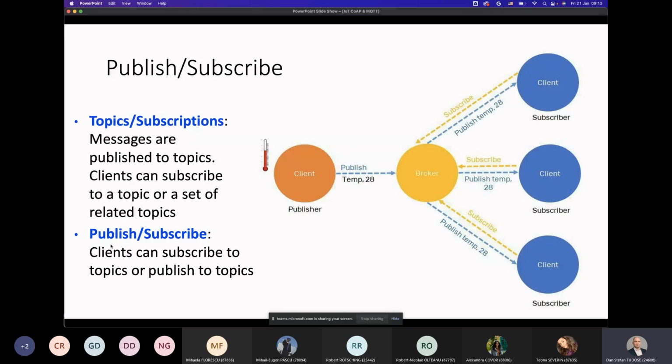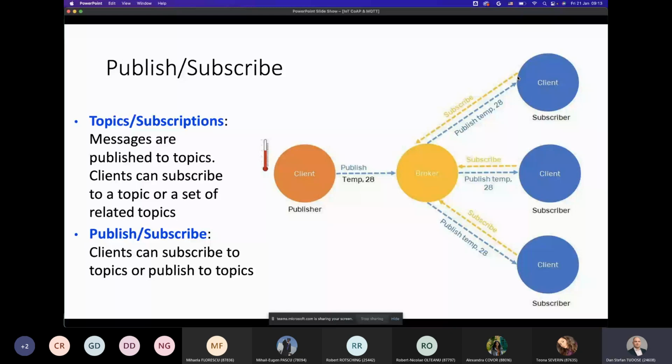You have this publish subscribe scheme, in which this is an example. You have, let's say, 3 clients which are subscribers to a single topic. This topic is temperature, and you've got this client which acts as a publisher. The client has a temperature sensor on board, and it publishes temperature sensor data to this broker here. Then you have these 3 clients that can subscribe to the same broker, and they can query the temperature value that this client here publishes.